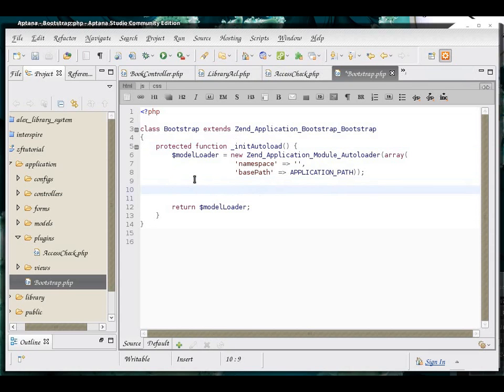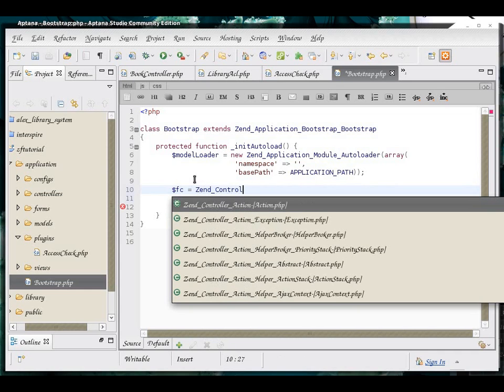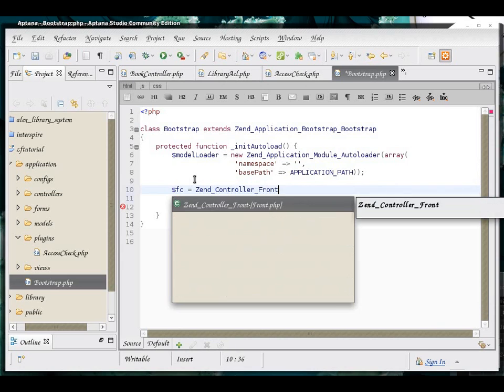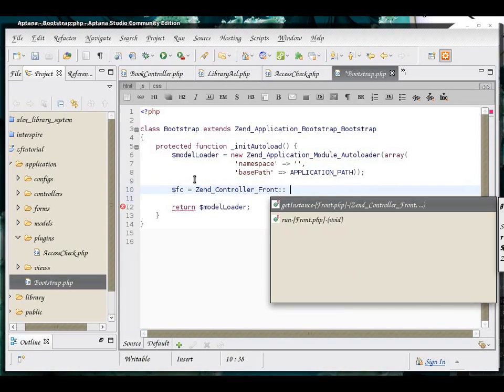So to register the plugin, we need an instance of the front controller, because that's the class that is responsible for loading all of these extra plugins. So we're going to put an instance of the front controller in an fc variable, so front controller instance.